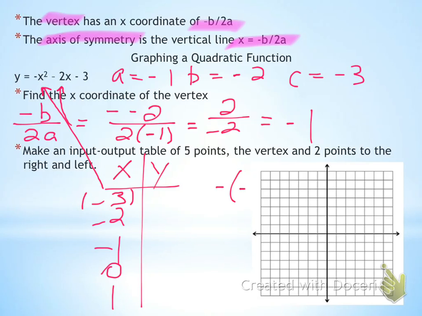So you get negative, parentheses -3 squared, minus 2 times parentheses -3, minus 3. So I get -6, -3,